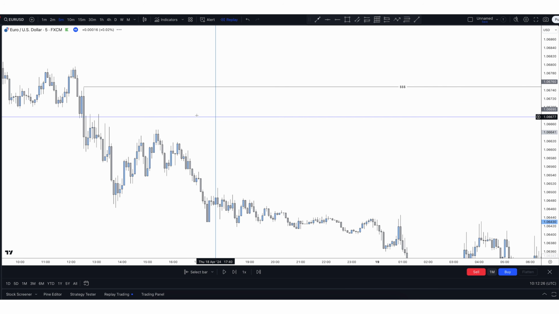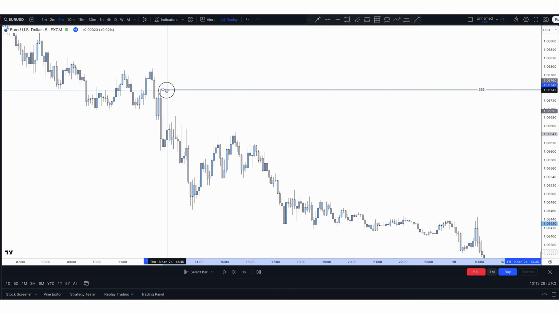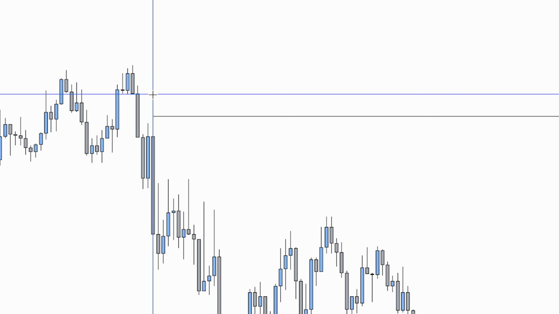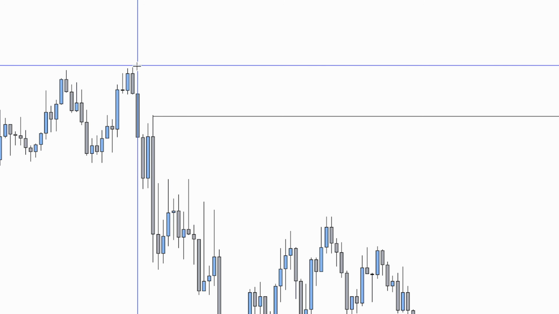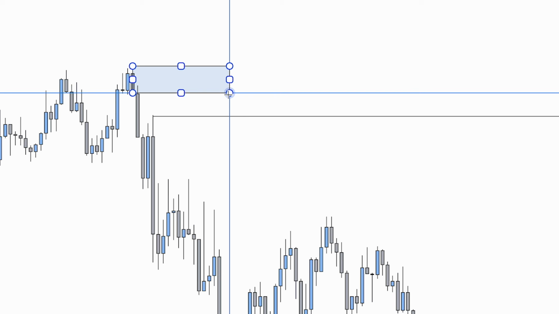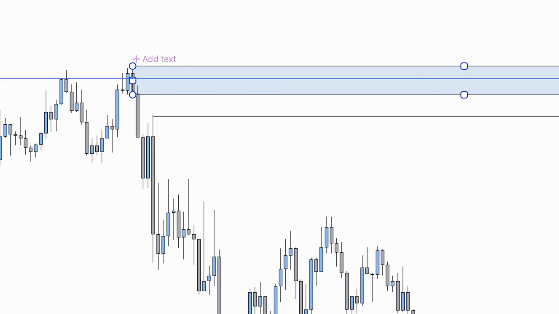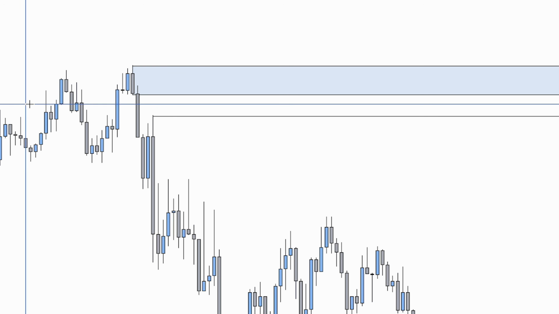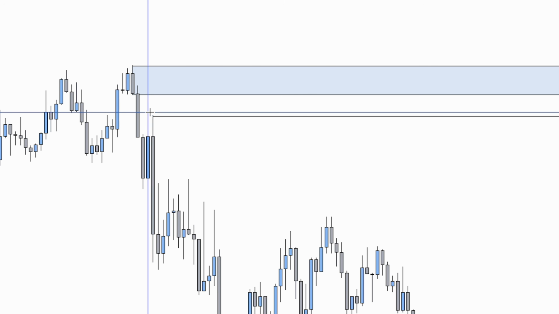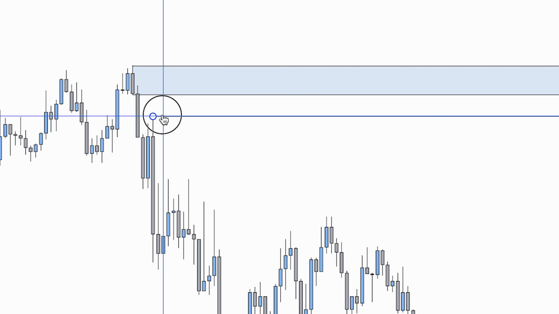Let's go over to the left. We can see where this swing high is. What do we have just above? A very clear supply zone at this level just here. So I don't trade the kind of FVG stuff that a lot of people are trading nowadays. I trade the traditional way of imbalances before FVGs was even created as a concept, which is I wait for